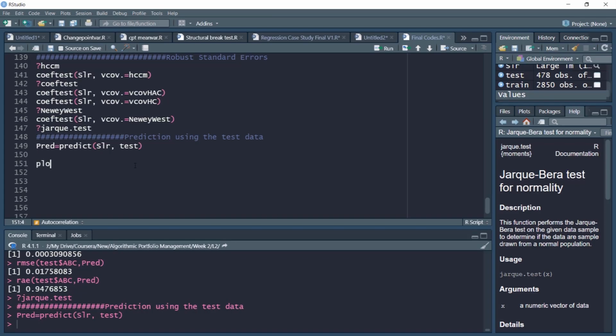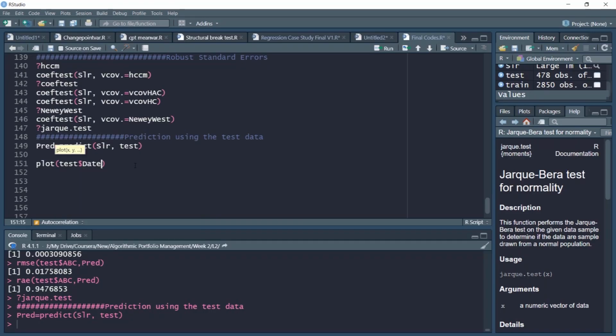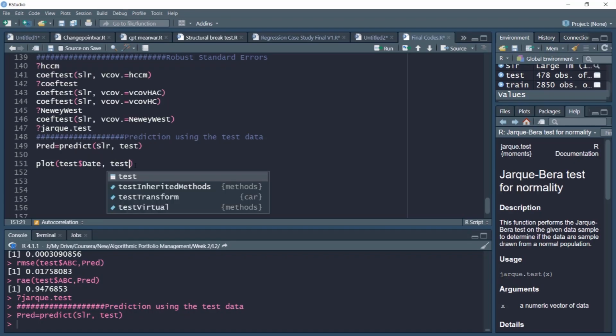So we'll plot, along with the date, our actual returns that are there in the test data. So this is test data, ABC returns. We'll be plotting them.